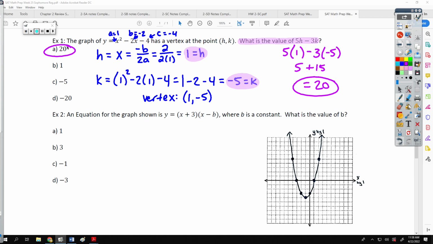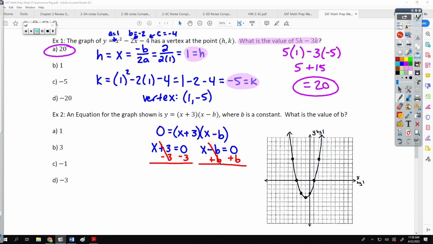Okay, example 2 is similar to one that we did last week. It says an equation for the graph shown is y equals quantity x plus 3 times quantity x minus b, where b is a constant. What is the value of b? So when we're looking at this factored form, the reason they would give us that is so that we could find the solutions, which are also known as the roots, the zeros, or the x-intercepts of the graph. We would plug in 0 for y, which means that one of those two factors, either x plus 3 or x minus b, has to equal 0, which tells us that the solutions of the equation